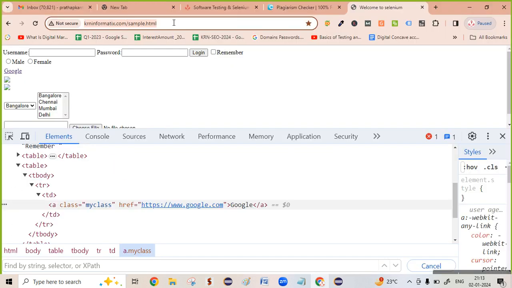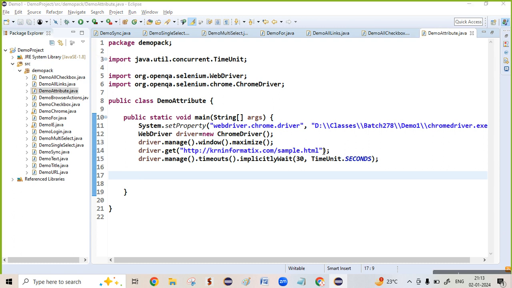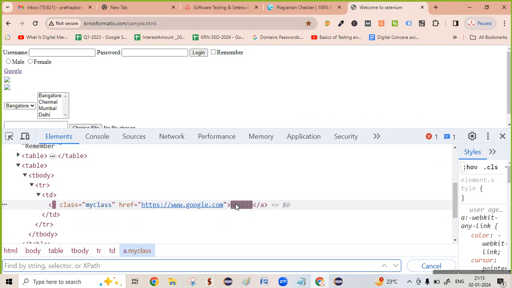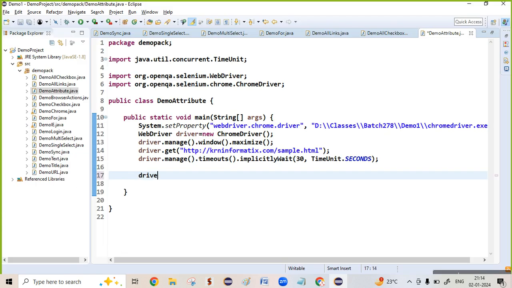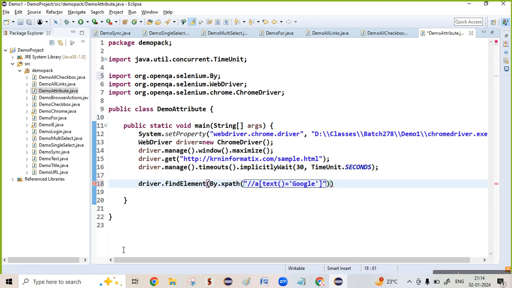krninformatics.com/sample.html. Then I need to identify this Google link: //a[text()='Google']. Driver.findElement is used to find the element by By.xpath, and then dot